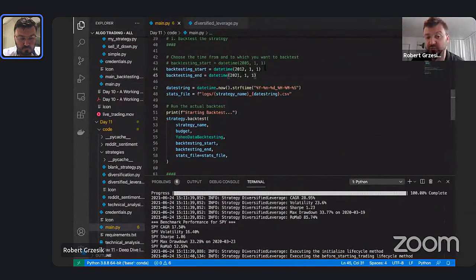So January 1st, 2012 to January 1st, 2021, right? So 9 years. Over that time period, the S&P 500 was up 17.5%, which is nice. If you were in this strategy, you would have made 28.9%. You would have almost doubled the stock market's returns.